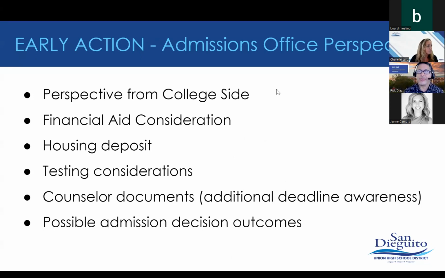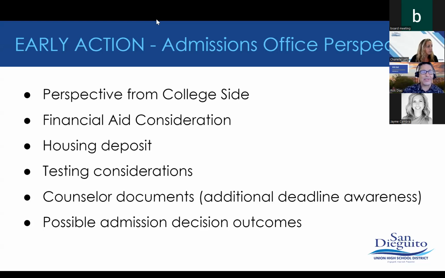Early action, probably one of the questions that is a little confusing is early action. And what do I like start in the 6th grade? Is that early enough? No, early action refers to the admission process during the student's senior year in high school. We don't want kids applying during their junior year, except for very rare circumstances typically related to athletics. But for the most part, it is definitely relating to application becomes available typically around August 1 or so. And then colleges will start reviewing applications throughout the cycle in the fall.